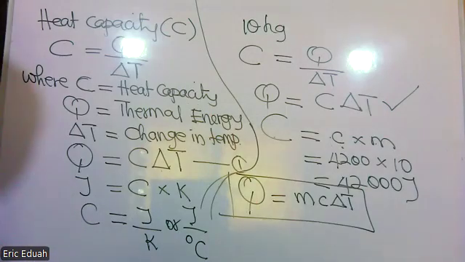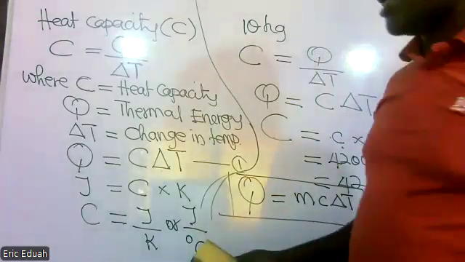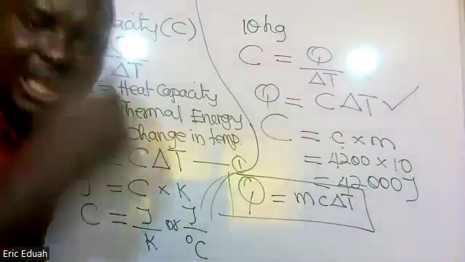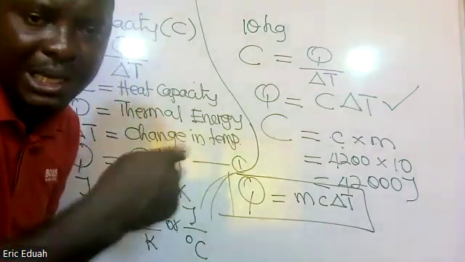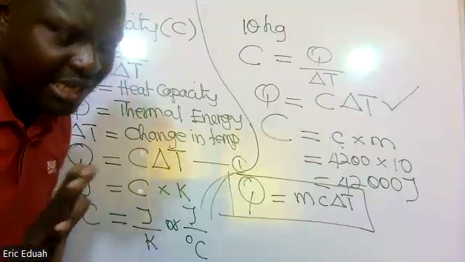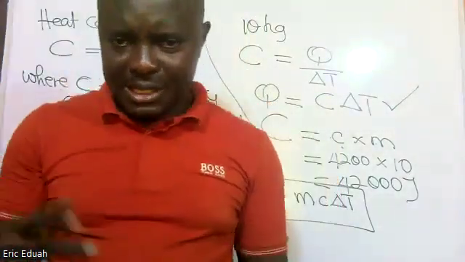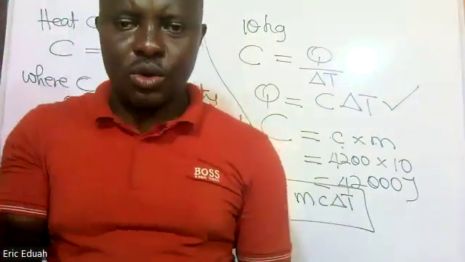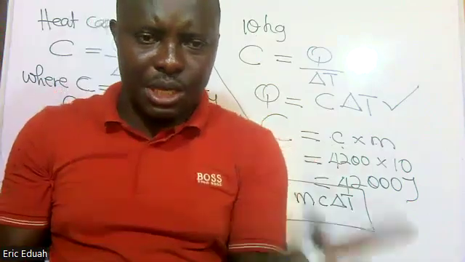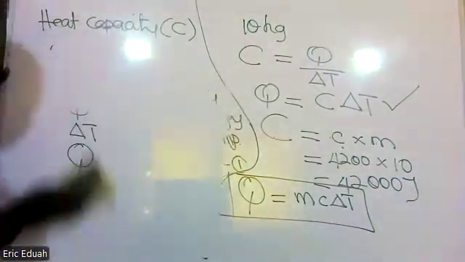So knowing the specific heat capacity of substances, you can easily identify the substance, because different materials have different heat capacities, and this is due to their difference in atomic compositions. Is that okay? They are different, and so they will certainly have different heat capacities. Now, heat energy is such that when a body is at a higher temperature, it will transfer heat energy to a body at a lower temperature. So if you have two substances, A and B, and substance A has a higher temperature than substance B, what happens is that,